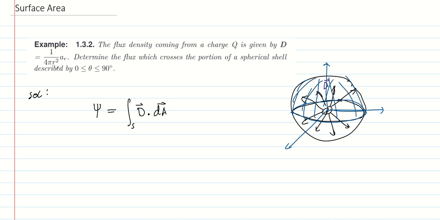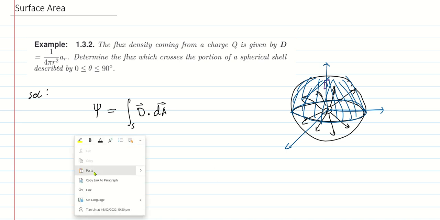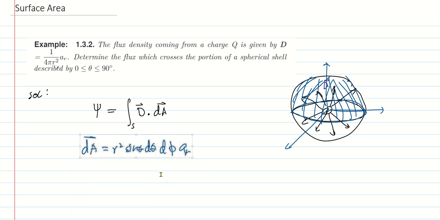We want to determine the flux that crosses this area. To do that, we use this formula, the dot product of D and that surface area. We will be using the surface area that we derived in our previous discussions. This will be our dA, and our D is